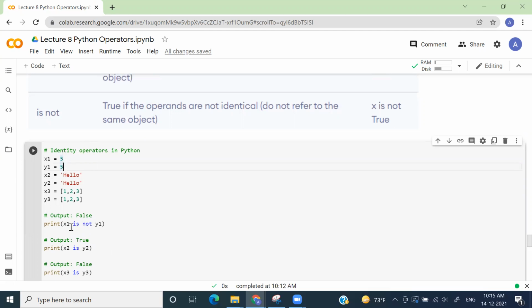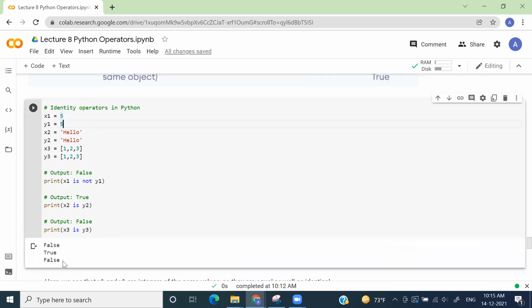But what we have written here is x1 is not y1. So this is false, because indeed these x1 and y1 are same. X1 is equal to y1. Is it clear? Not so clear. Okay, cool. Let me rephrase it. So you agree that x1 is equal to y1?